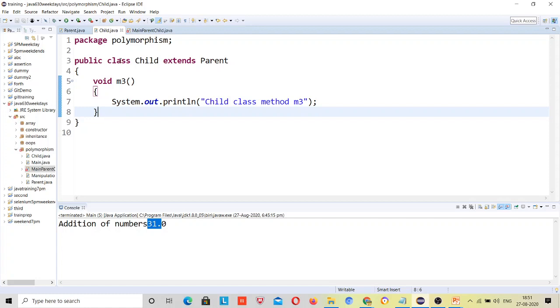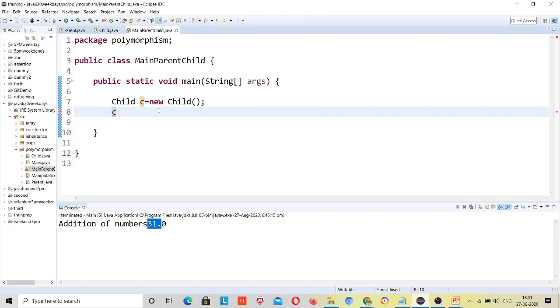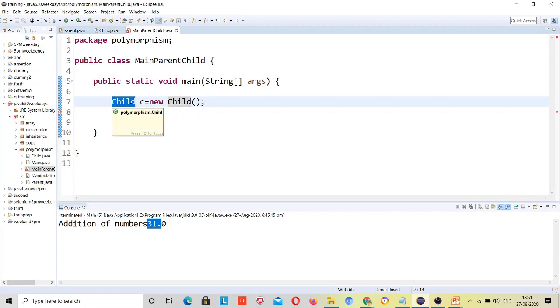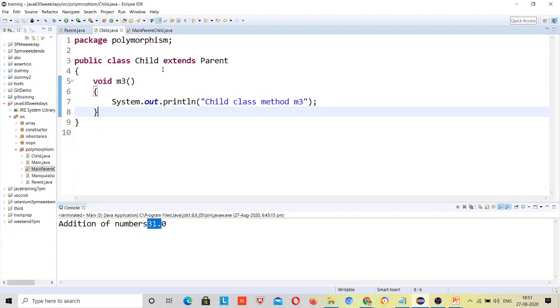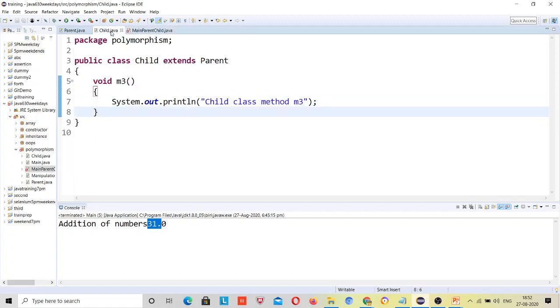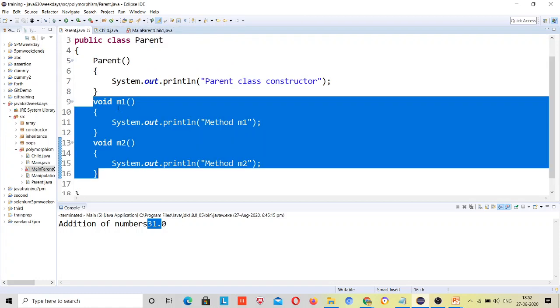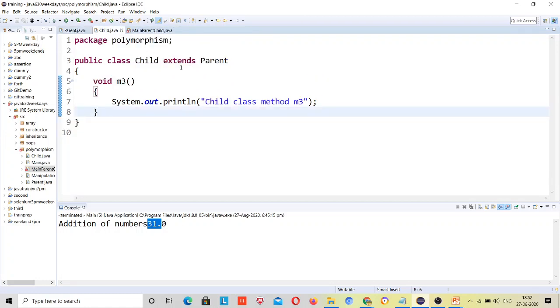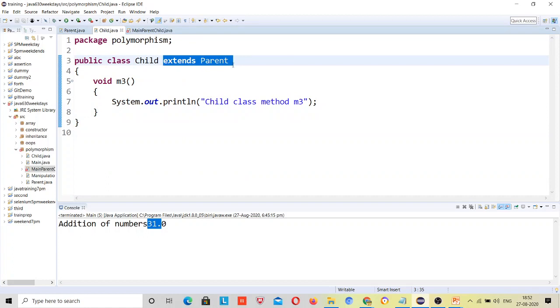No, not correct. Now that extends keyword is there, right? So that will go and... No, no. I am making an object for this class. Listen, Sanjeev, listen. Where have I extended this child class? I am making an object for the child class. Here you can see we are assigning a child class object. So whatever is present inside this child class, I can directly call. But if I want to call the parent class method, then I have to extend the parent class inside this child class.